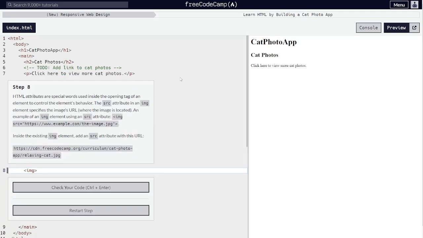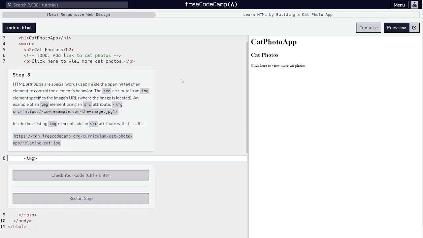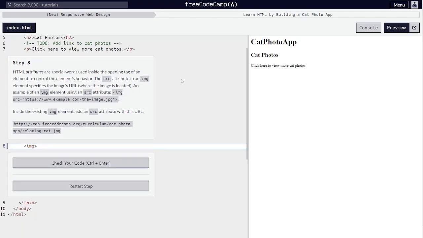HTML attributes are special words used inside the opening tag of an element to control the element's behavior. The source attribute in an image element specifies the image's URL where the image is located. An example of an image element using a source attribute: inside the existing image element, add a source attribute with this URL. So we're going to go ahead and copy that URL, and we're going to do image source,